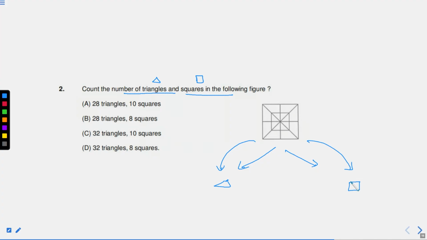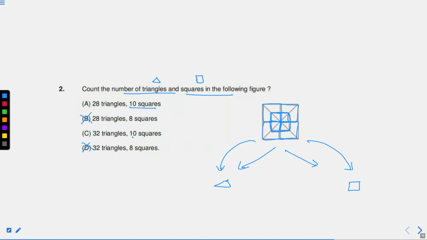Let us assume we are finding the number of squares, I'll find it for you right here itself, right? If in this figure I check, 1 square is there, second square is here, third square is here, and fourth square is here, right? And fifth square is this complete one. 5 are here. If I check, 6th is here, 7th is here, 8th is here, 9th is here, and 10th is this overall square, right? Total of 10 squares we are able to find. It means option B and option D is already eliminated.